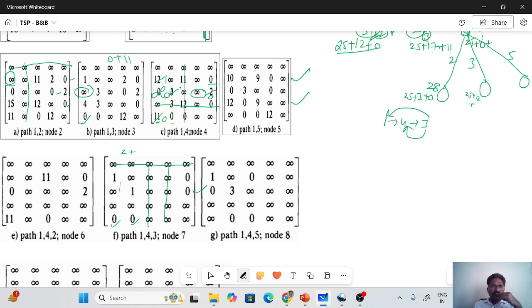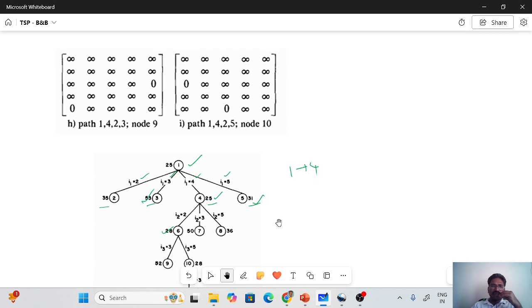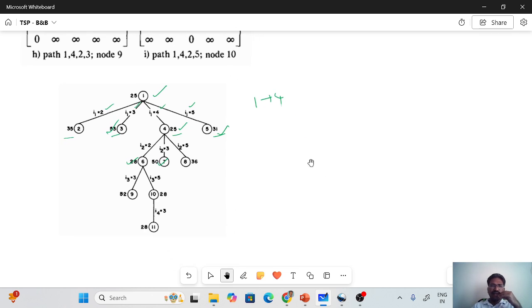So 2 plus 11, 13. So 13 is going to be added. So 25 plus 12 plus 13. What is the value we are getting? 50. So 4 to 3 is 50. So in this way we are going to find. So this value also. Now